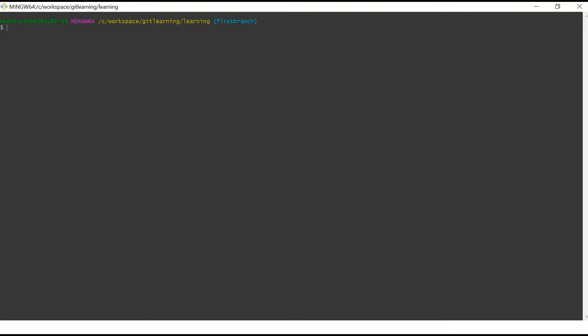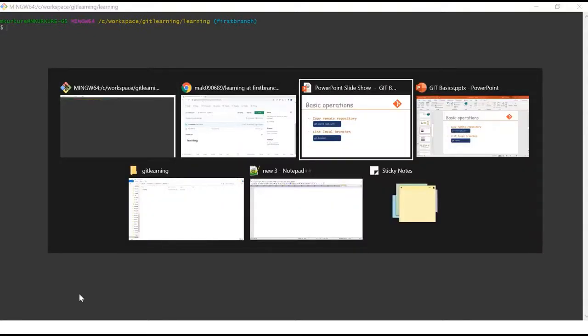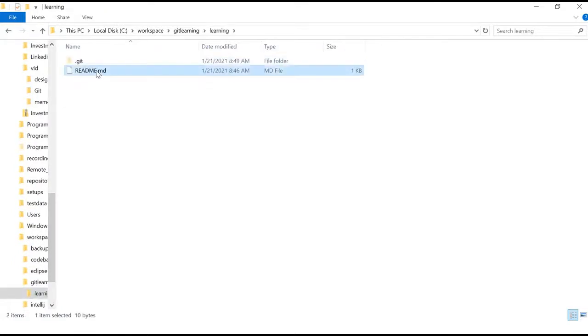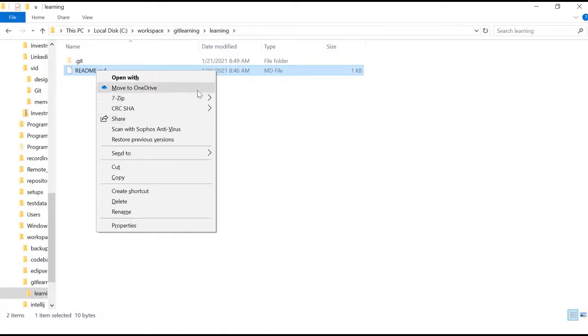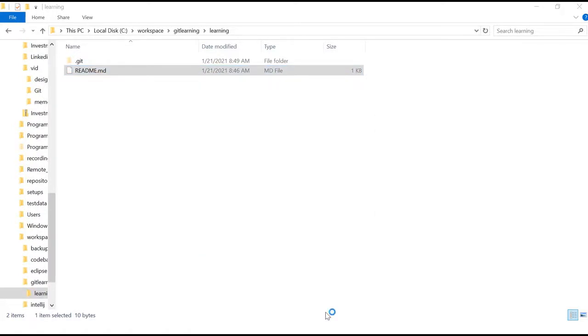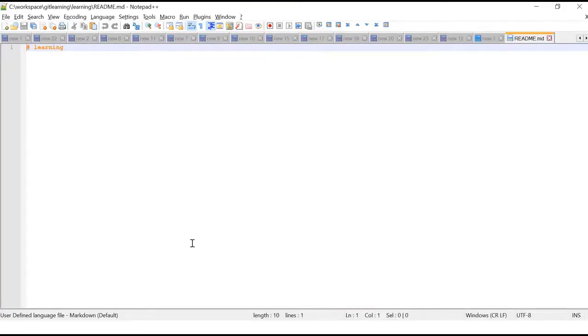Now let's try to do some commits. So here is our repository, and we have this readme file. It only contains the heading learning. Let's try to add something: this is my first git commit.